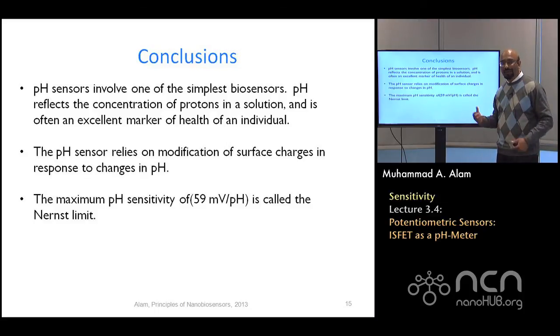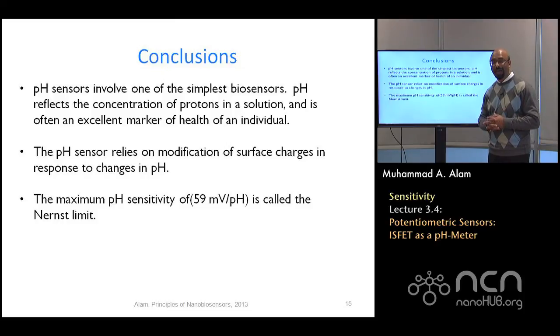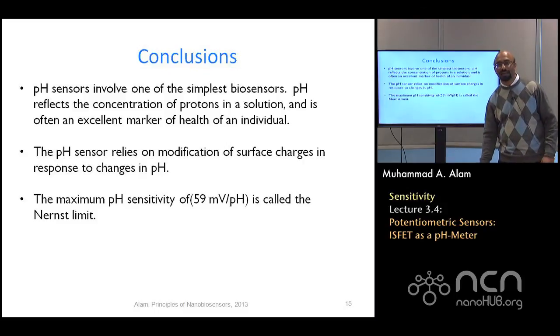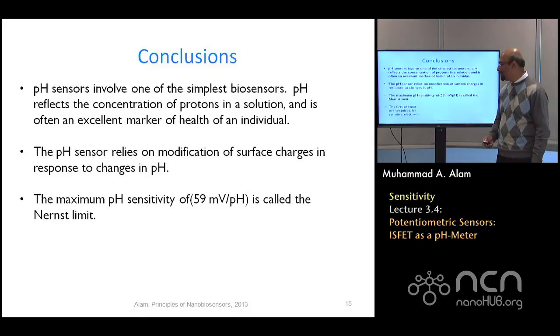The maximum pH sensitivity of 59 millivolts per pH is a concern, as I said, in that it is not too big, but this is a fundamental limit. You cannot do something better than this in a semi-classical device. Now you may remember that a similar number occurs for transistors. Transistors also have a 59 millivolts per decade limit. And in fact, it turns out that these two things are intimately connected. Both come from the Boltzmann distribution of carriers as a function of potential. Both have the same underlying physics.